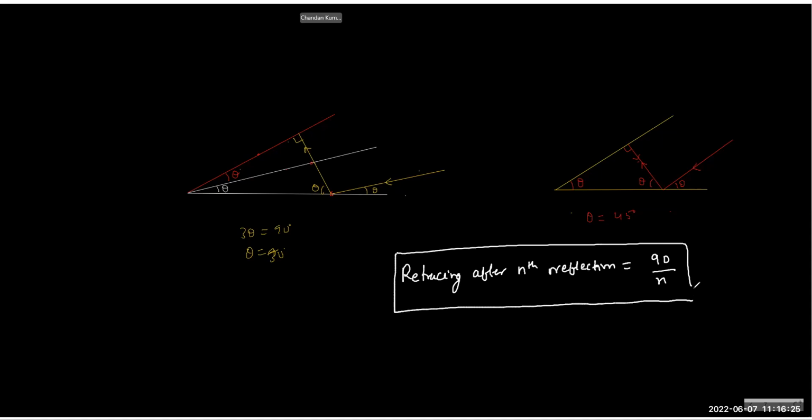So you can solve for any value. So if it is second, third, or you can do the same thing. Like if it is the fourth reflection, let me show you. So fourth means one, one, two. So two is till here. Two is done. Then three means draw one more. This is three, and then four. And each angle must be theta, theta, theta, and the light ray coming after reflection must hit at the right angle, something like this.